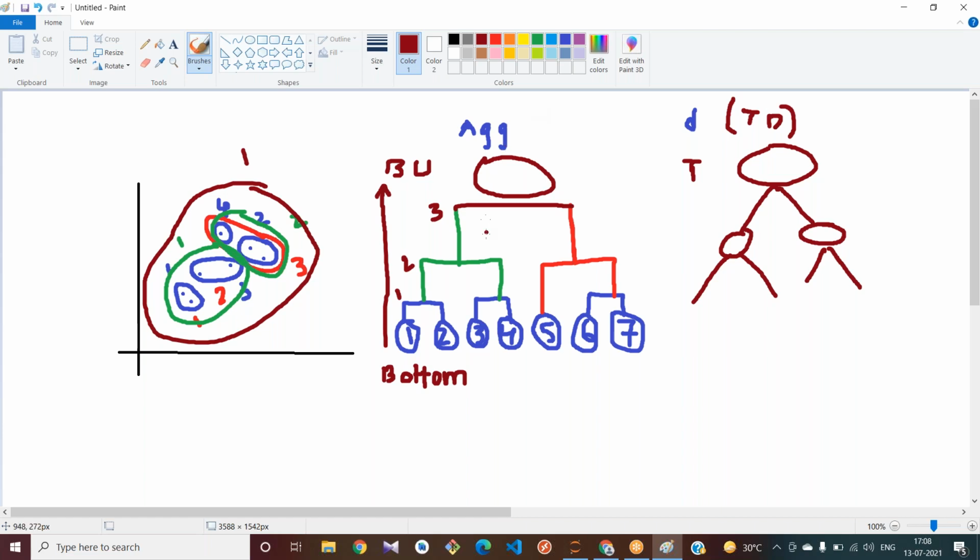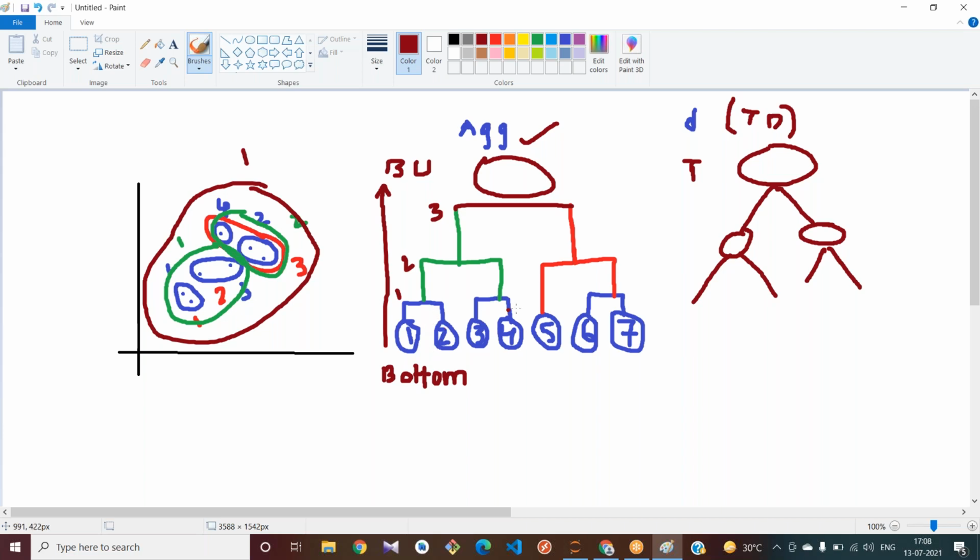Comparatively, by this approach, you can overcome the disadvantages of k-means. Actually, that is the use of these approaches, and when compared to k-means, this works fine.